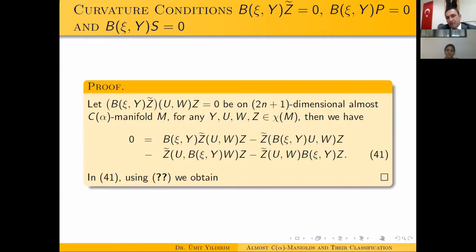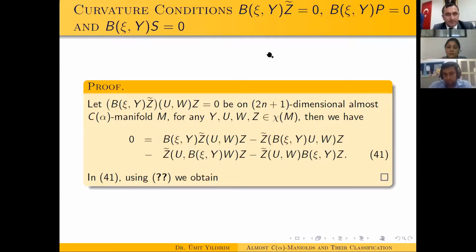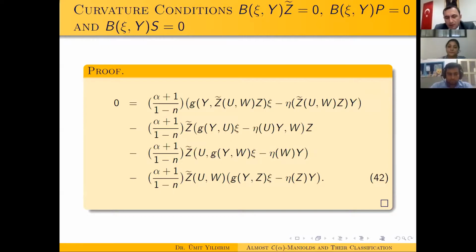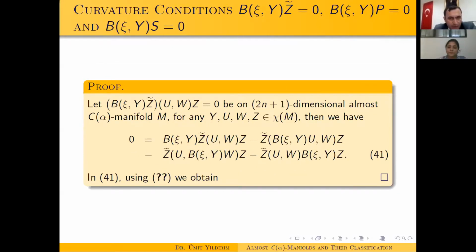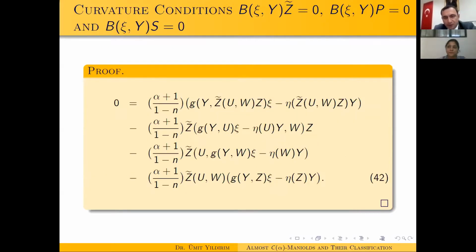Then we have this equation. Using this equation, we get B(x, y)u. Using the double equation, we obtain this equation,